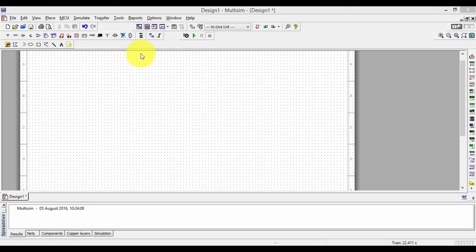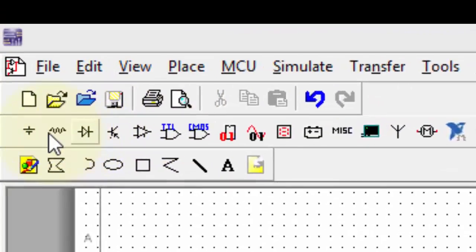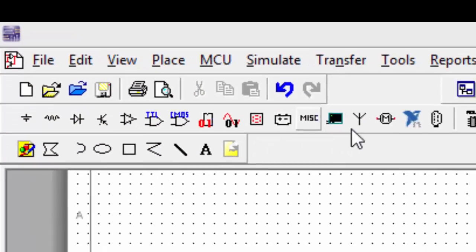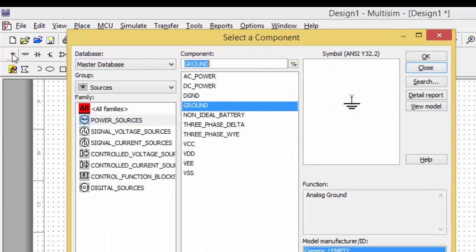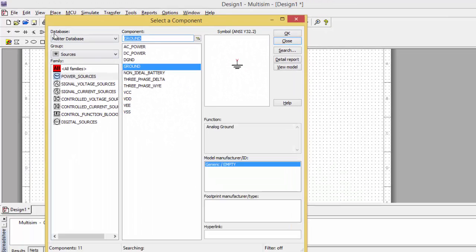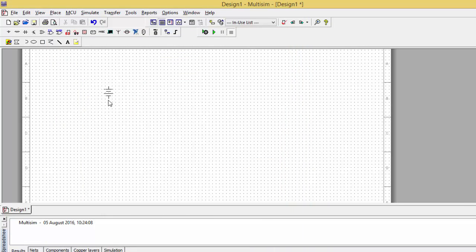Once you find the login screen, you need to go for the DC source, that is the main component. So here you can see there are a lot of parameters you can observe. From here you can click here. It will show a database. In this database I required a DC power, so I'll take a DC voltage source. If I click OK,